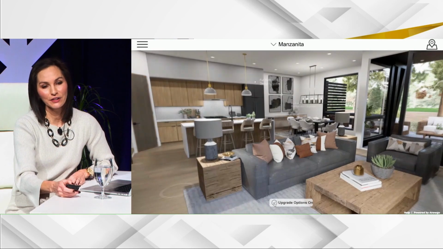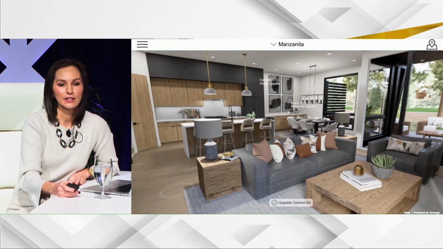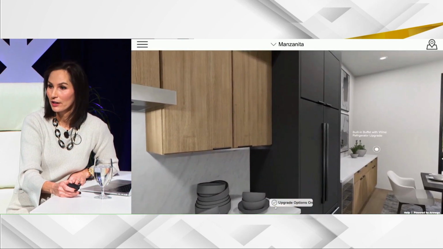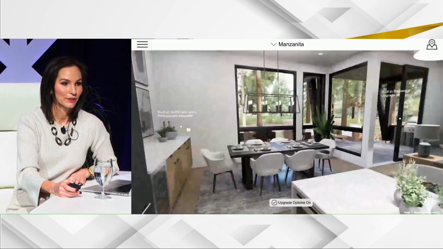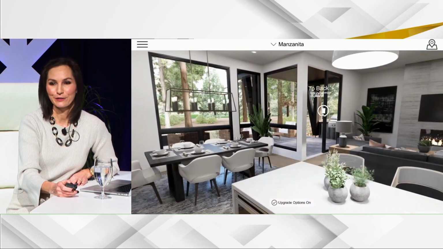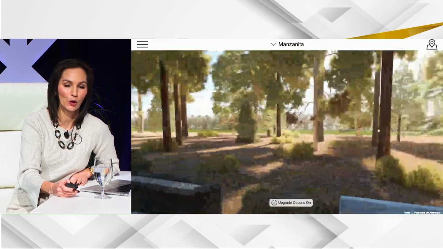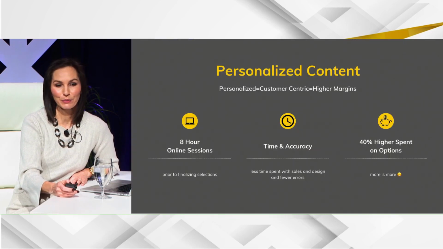So this is just another example of that customization, again, personalization in the home. And in this one, we show several different models on the same street. So as a consumer goes from model to model, they're popping in. It's a virtual showcase of multiple homes, which is great. So that's feature number 2, consider offering personalization, because again, one of the reasons why people want to buy